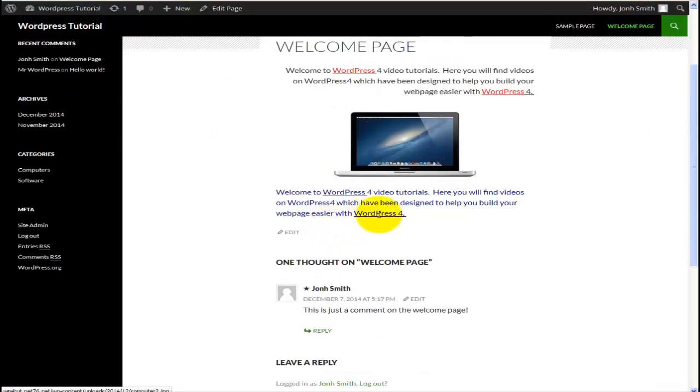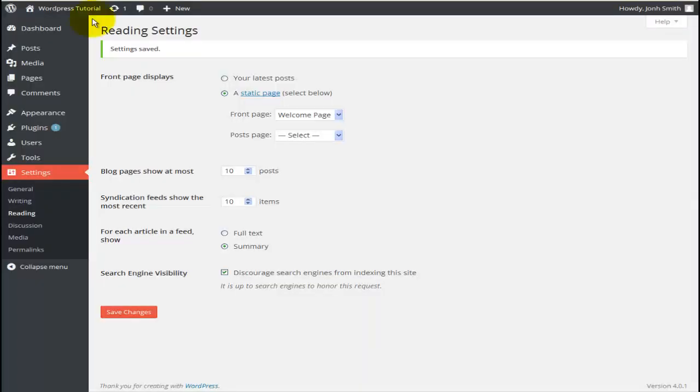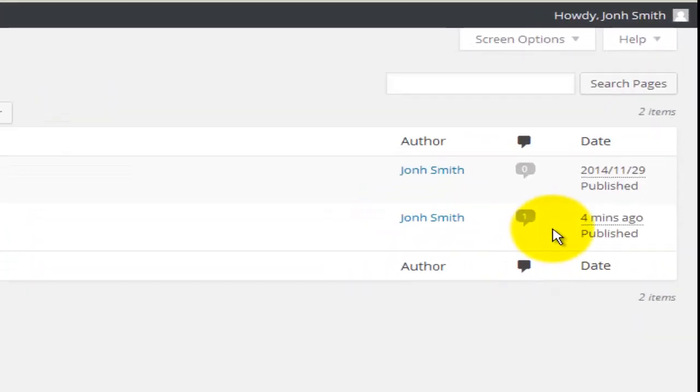Okay, so this is how you go about creating a new page. And let's go back now to the all pages option here, and as you can see, I have a new page which is called welcome page, and I have some information about it, that it's been created by John Smith, that it's got one comment on it. So if I hit on comment,